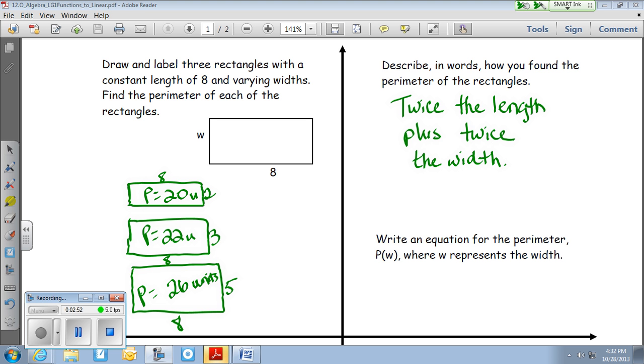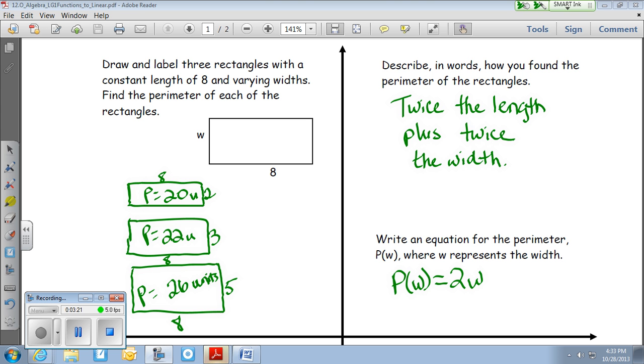And then it says to write an equation for the perimeter P of W. This looks like function notation, where W represents the width. So W is our input. So when we put something in, we get something out. And when we put something in, that's our width. And what we get out of it is the perimeter of the rectangle. So the equation for P of W, I would write something, well, we know it's,